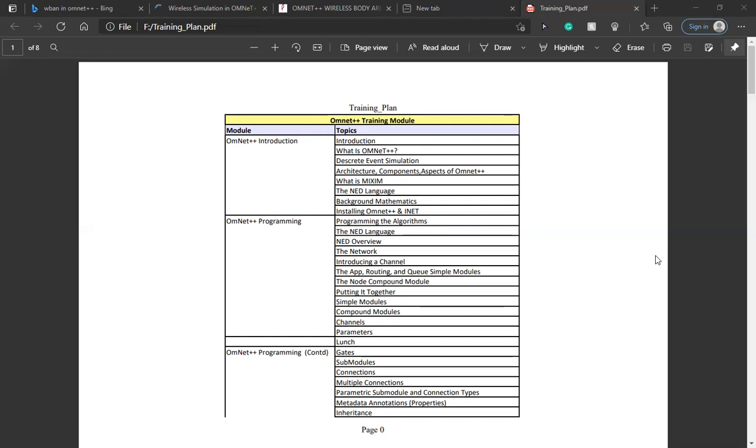So it means we have to discuss what is a channel. It is possible to define a channel and assign it to a link. Channel properties we can include here: delay, the propagation delay in seconds; error, where we can use bit error rate; and data rate, where we can include bandwidth used for calculating the transmission time of a message.